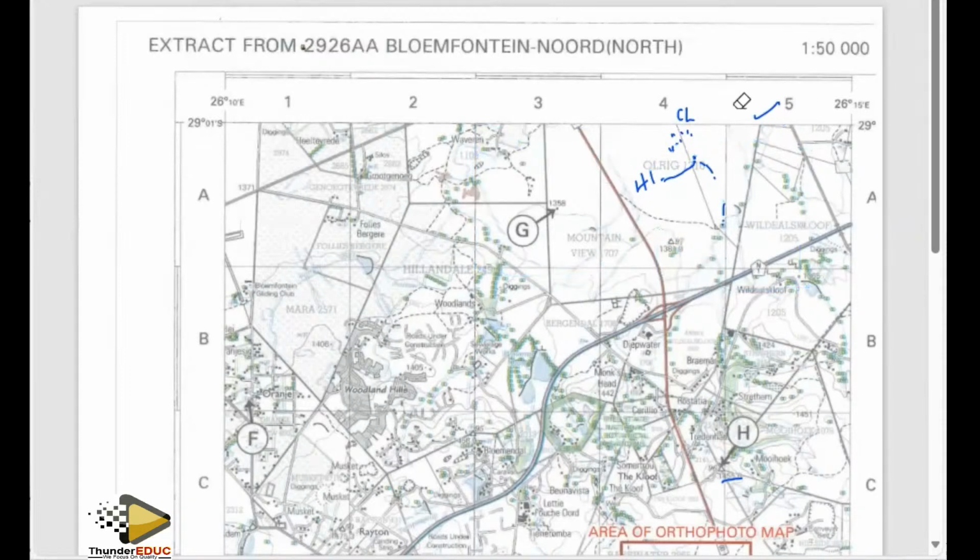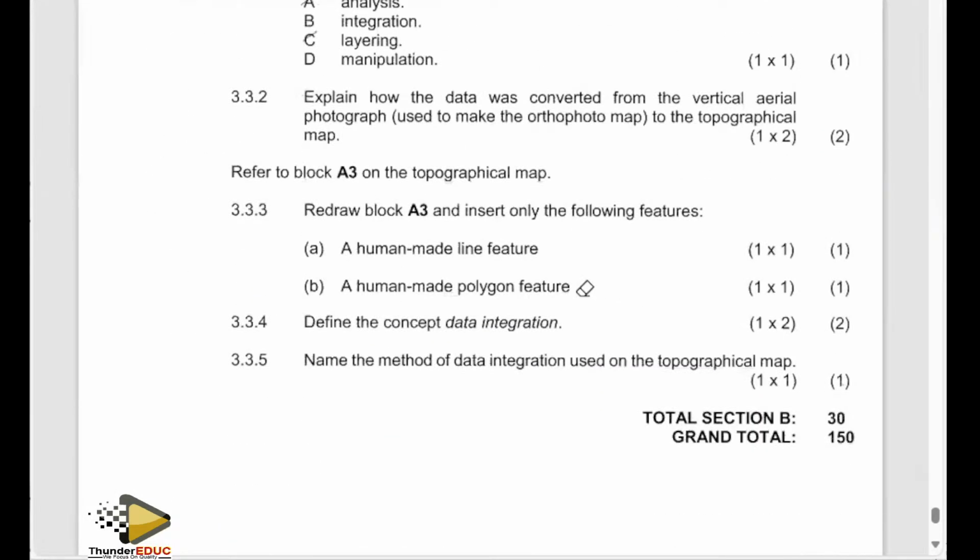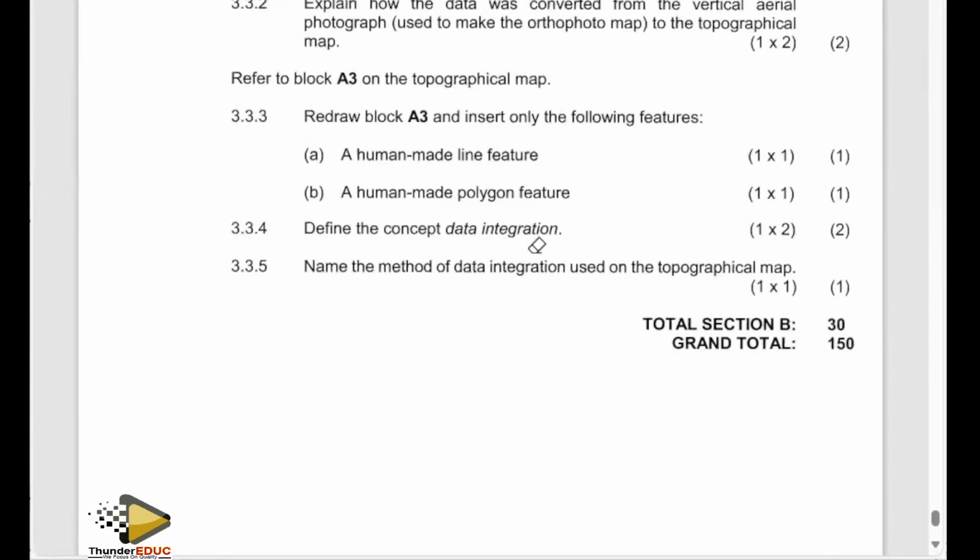Right, moving on to the next question, we want to move on to question number 3.3.4. What is it saying? Let's go to the question. 3.3.4 is saying, define the concept data integration. When you are integrating data, this is a concept. You can define it according to your understanding, but you should address the basics. My simple definition, I will simply define it as combining, integrating, at least bringing together. So I will say it's combining data